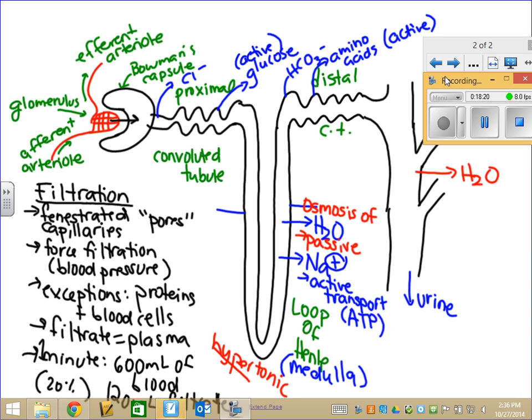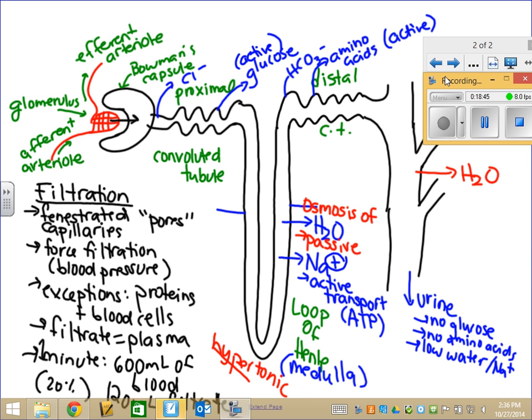There might be a small, minuscule amount of them, but I am looking for basically no glucose, no amino acids, and I'm looking for low amounts of water and sodium, because most of that should have been